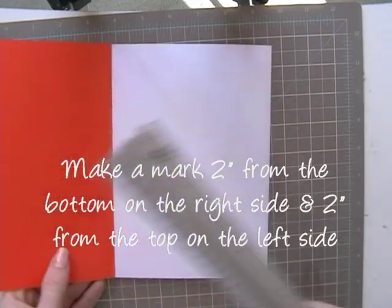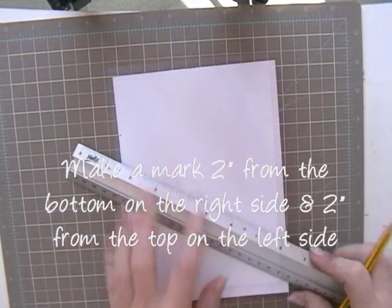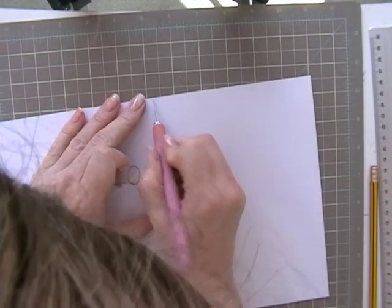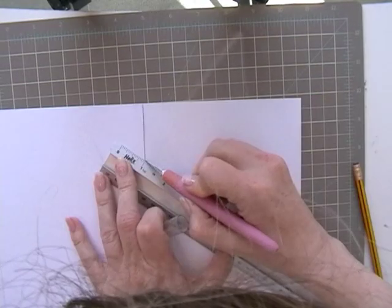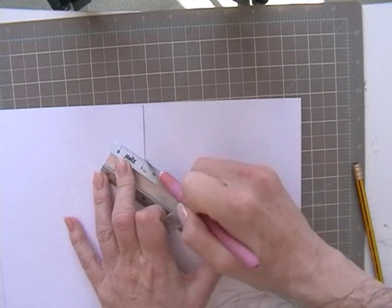Okay, so we're going to mark this on, first of all, the outside flap. So we're doing this front and then we're going to cut across like so. I'm going to open up my card and I'm going to take my craft knife and cut down the back spine, and then I'm going to get my ruler and line up those two pencil points. I'm going to just cut at a diagonal